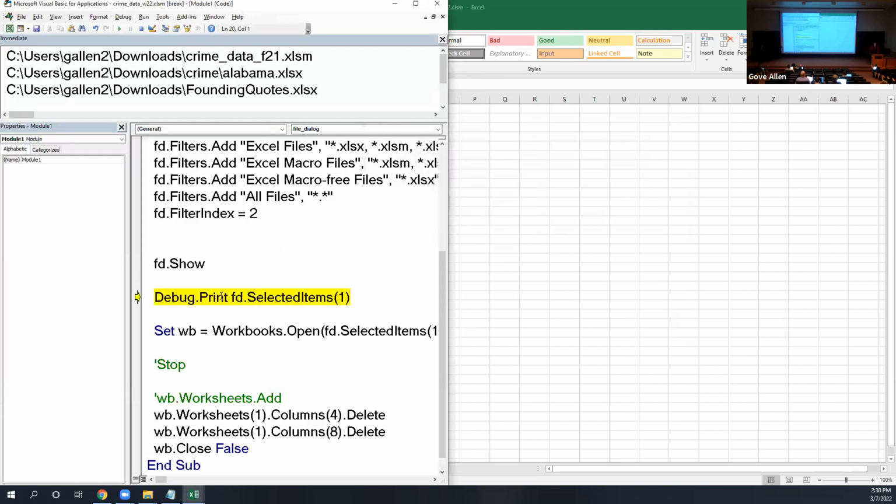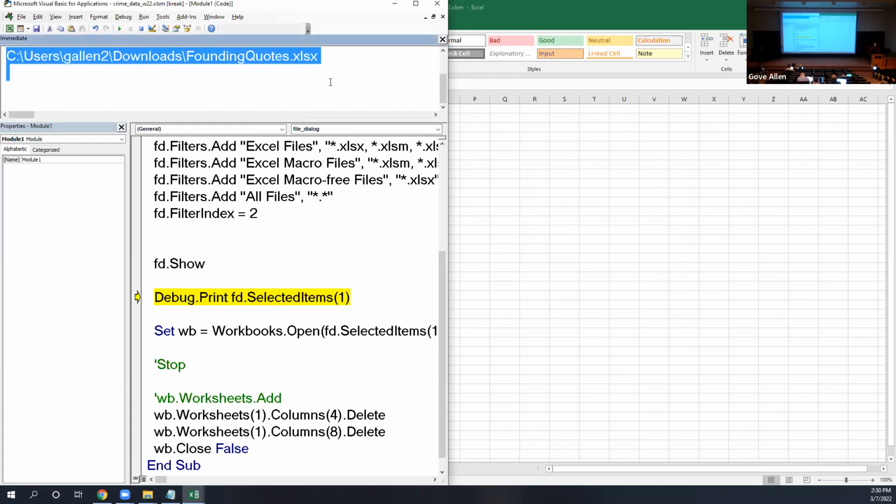and it's because, let's go ahead and look at the selected items. Let me ask for the count of which one's selected. Did I have one selected? I did, I selected a file. Let me just go ahead and put the count of that, and we'll see that even though there was one selected, when they hit cancel, there's nothing selected. And so that is how I can tell if the user hit cancel,